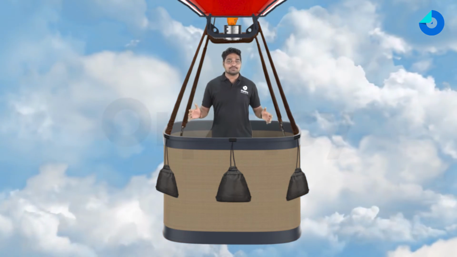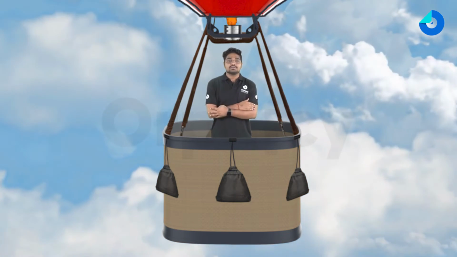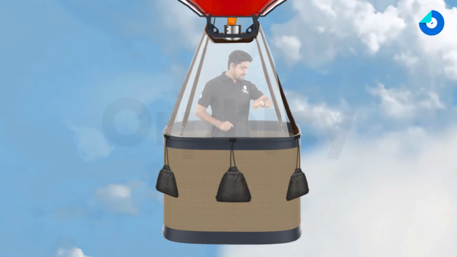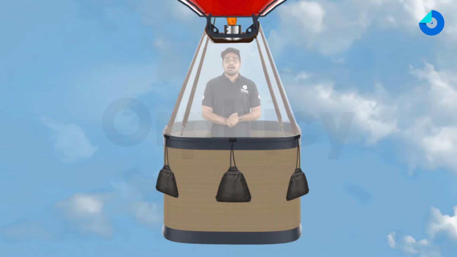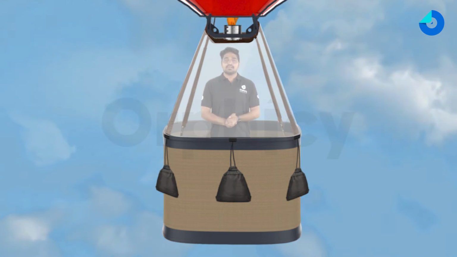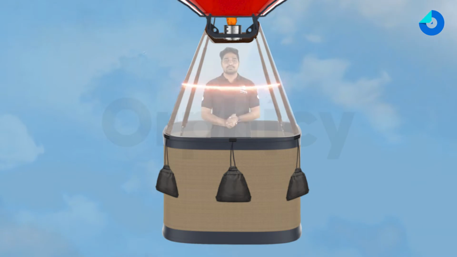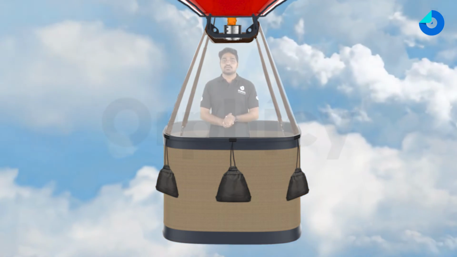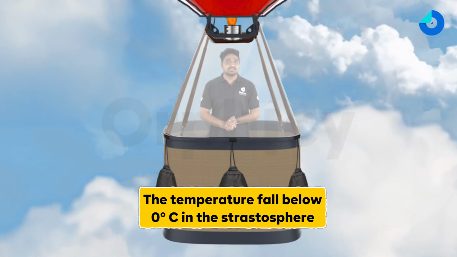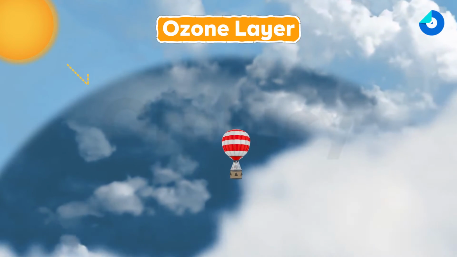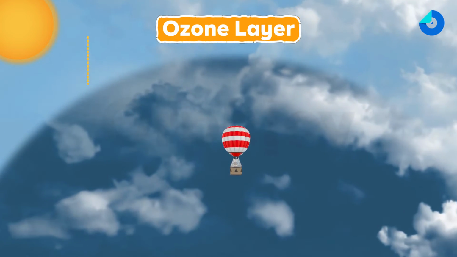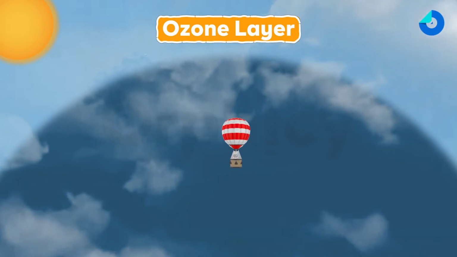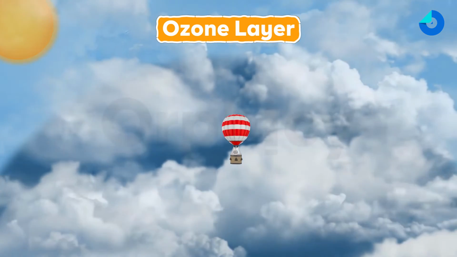Welcome to the stratosphere. It is very cold over here and there is very less oxygen. I have enough oxygen right now. Let me just turn up the temperature as well. Perfect. So it gets very cold in this region with temperature below 0 degrees Celsius. This region holds a layer called ozone. Now ozone is something that protects all beings on Earth from harmful UV rays of the sun.